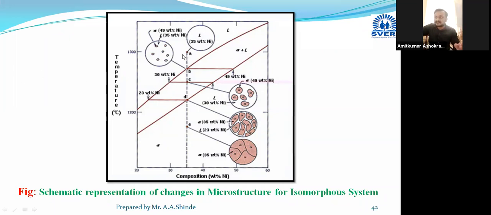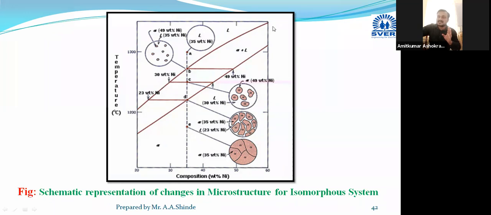In region AB, the alloy is in only liquid state, and you have to draw this diagram. Draw one round and show the liquid by dotted lines, only liquid is there. Then at point B, some amount of solids started forming. Then at point C, a little bit, 25% amount of solids and 70 or 75% amount of liquid will be there. And at point D, a very small amount of liquid and a large amount of solid. And below this point D, all solid will be there. These are the microstructural changes according to the regions.